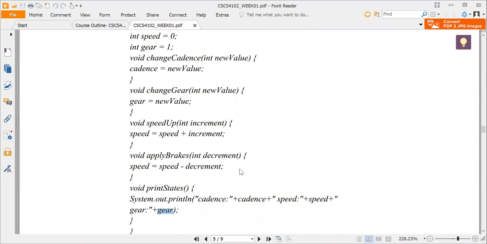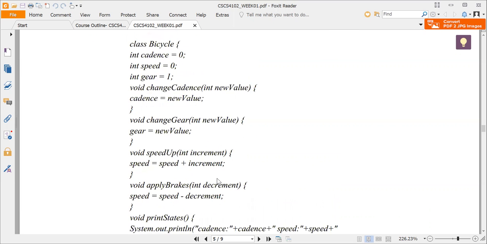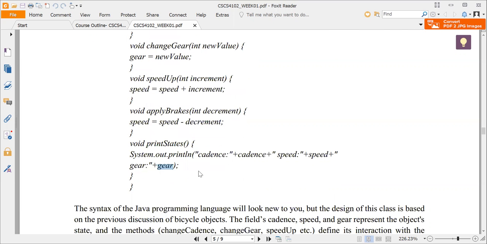Okay, so this is a typical example that you can apply, and it is like when you're riding on your bicycle, you have a dashboard. These are things that you do on your bicycle. You add speed, you apply brakes, you do this, but now you can also implement them even in a program, in a computer program like this. Okay,